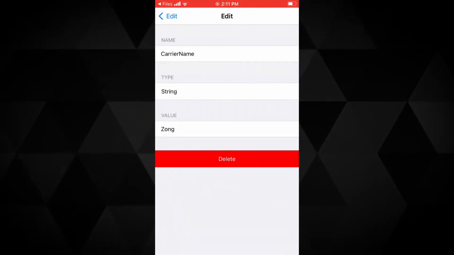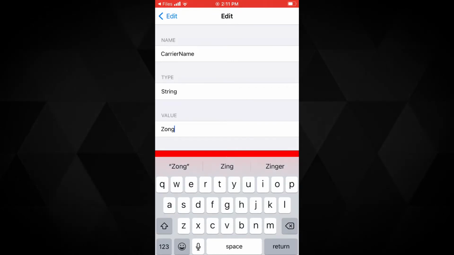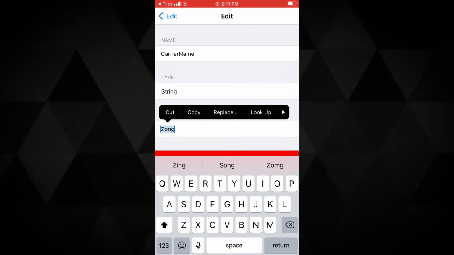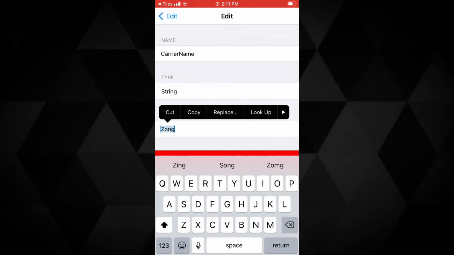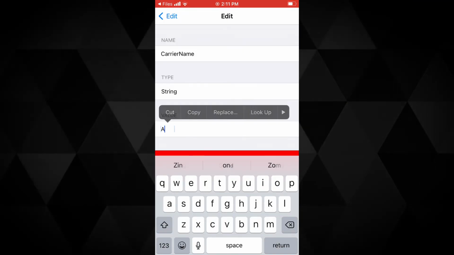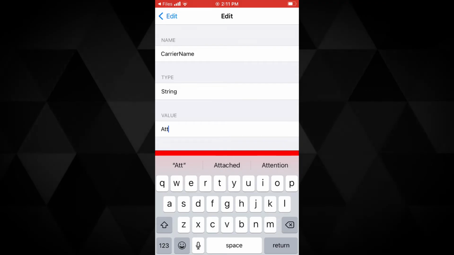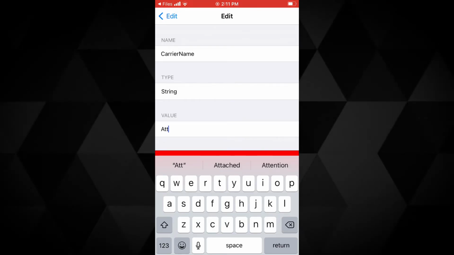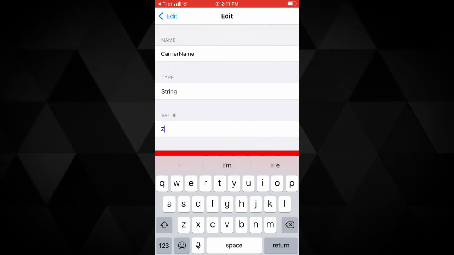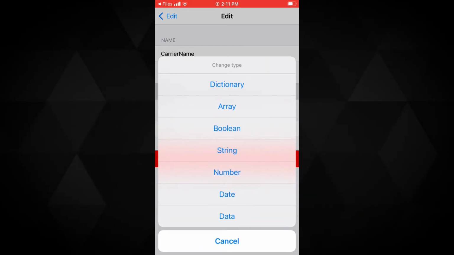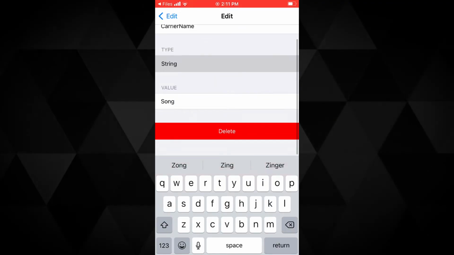On this edit page, you need to change the value of the carrier name. It's the third field. Now remove the already written carrier name and put another one. After you have written the value, before you tap on any button, do not tap on the delete button that you are seeing under the field. Do not accidentally tap on this field, otherwise it will just delete the carrier name field from your device. Now what you need to do is put in the value